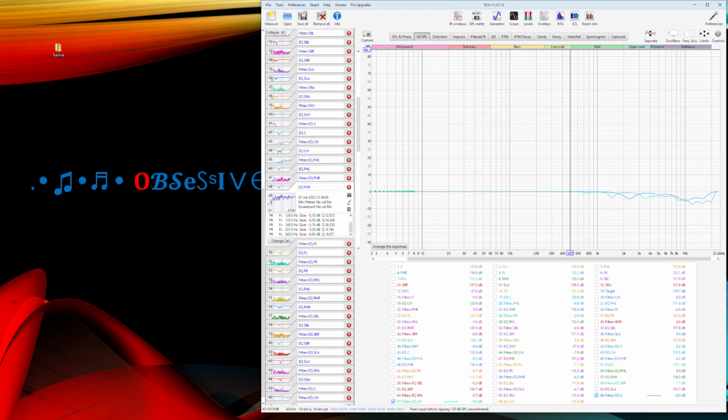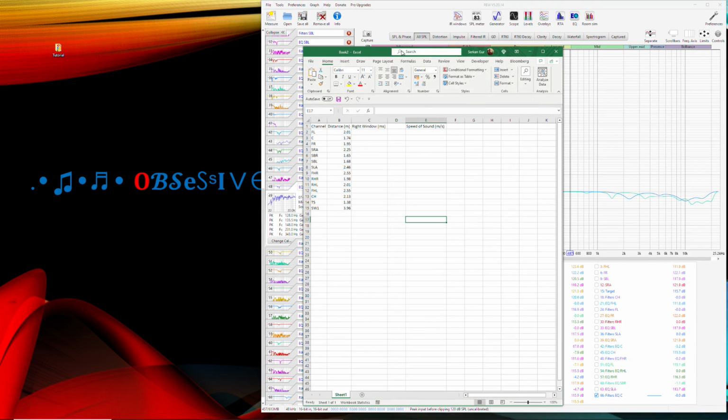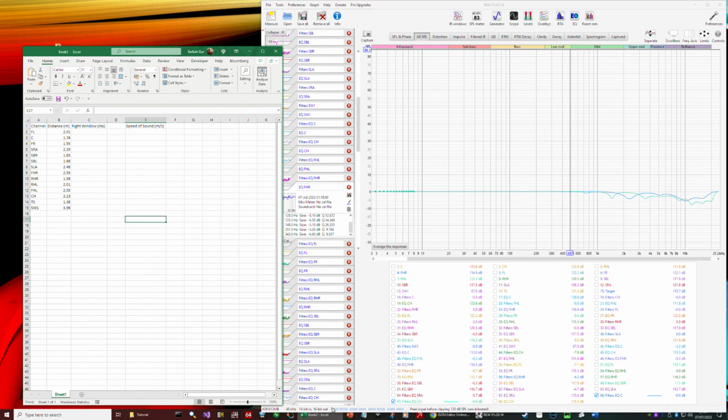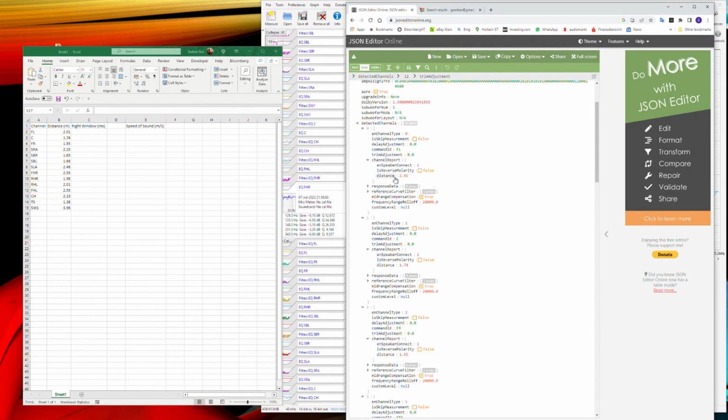For practicality, you can make an Excel file like this and fill in these distances from your Odyssey measurement for every speaker. Here 2.01 meters, 1.74, 1.95, etc. And determine the speed of sound for your receiver. Let's say 300 meters per second.